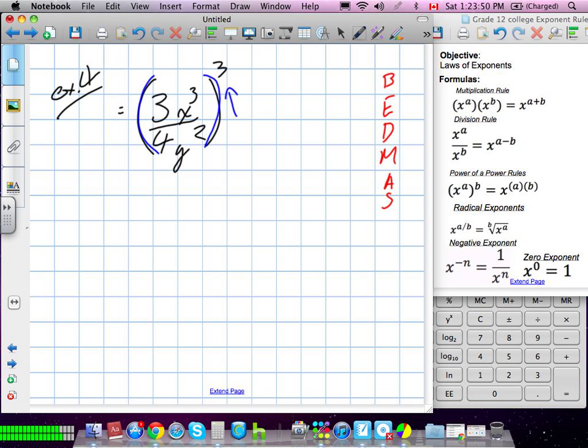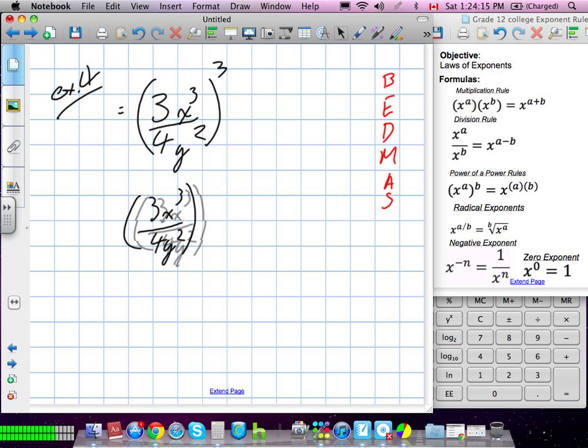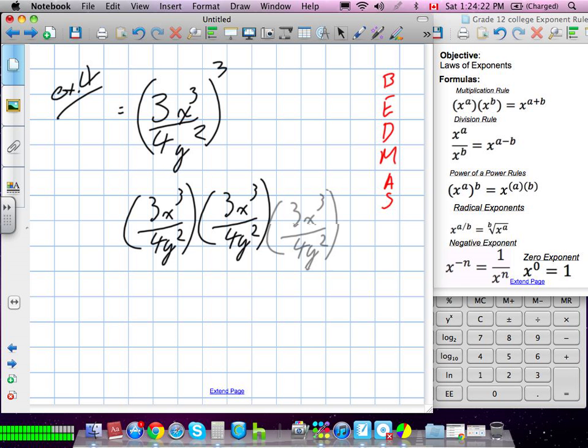So in other words, if I were to rewrite that, it looks like this: 3x cubed divided by 4y squared, all cubed. And just to give you a literal idea of this, we're going to literally copy this bracket 3 times. So I take it and multiply it by itself once, and then I multiply it by itself another time. That's what this is trying to say: 3x cubed times 3x cubed times 3x cubed over 4y squared times 4y squared times 4y